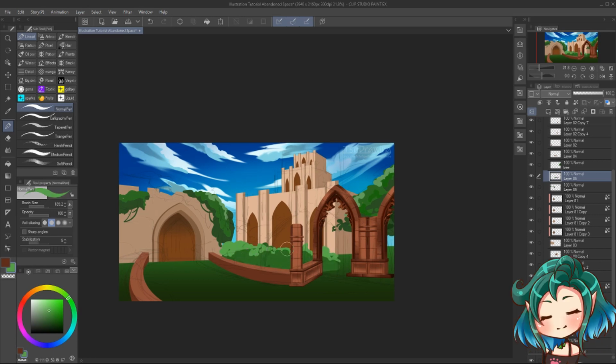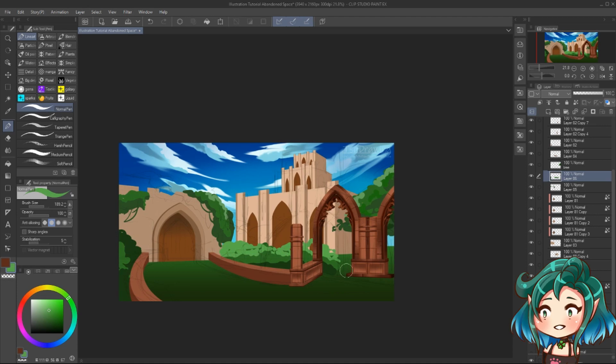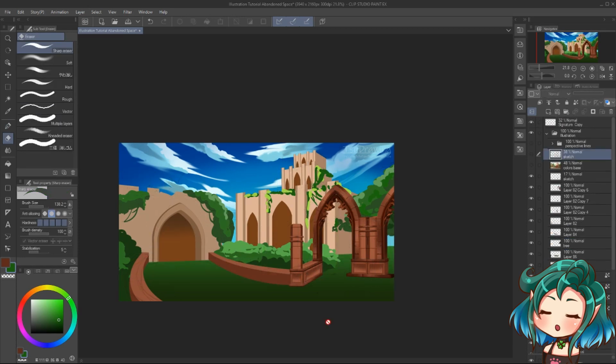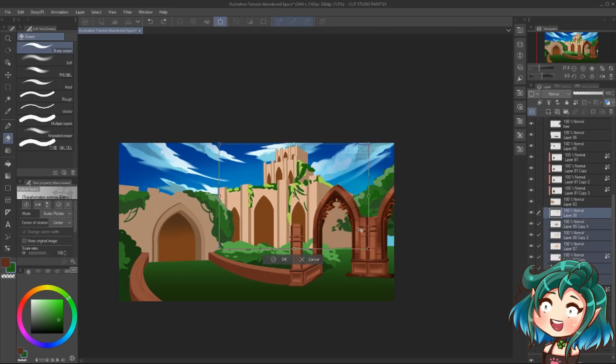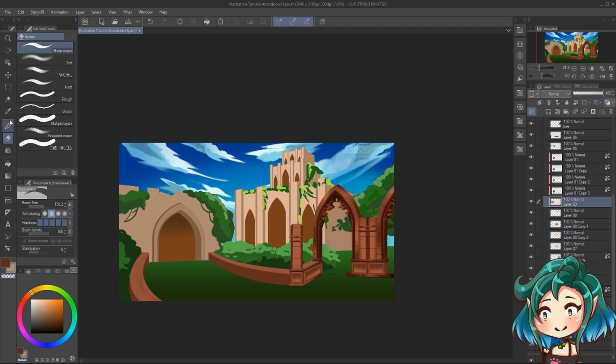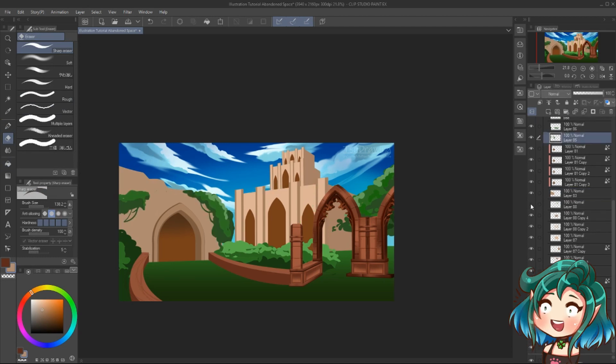I'm adding more grass and leaves, vines, and a lot of green. I wanted it to look like an abandoned space, but a more fantasy look-alike, a more idyllic place, I guess. And now I just go back and forth with the sketch and just resize the buildings if I feel the need to, and move them